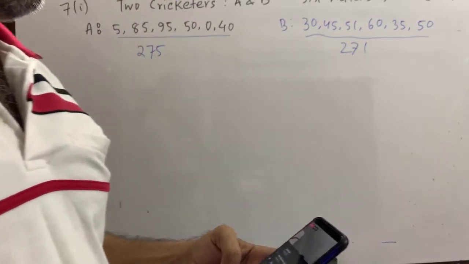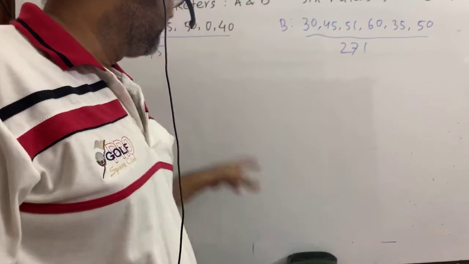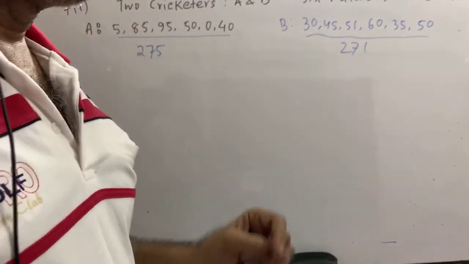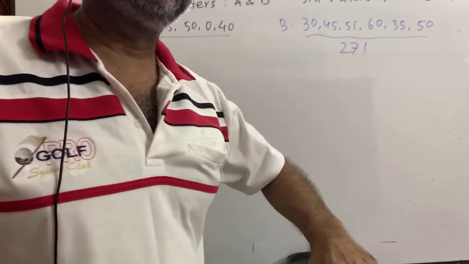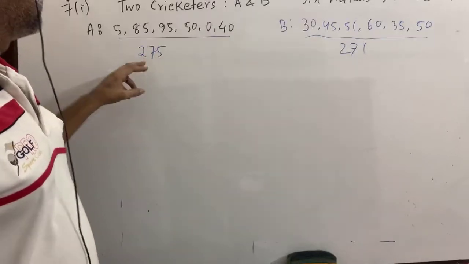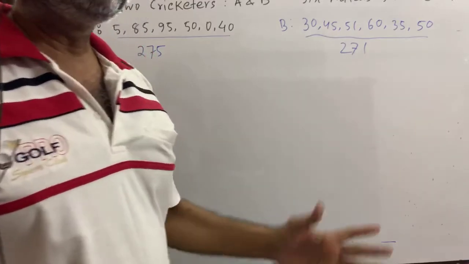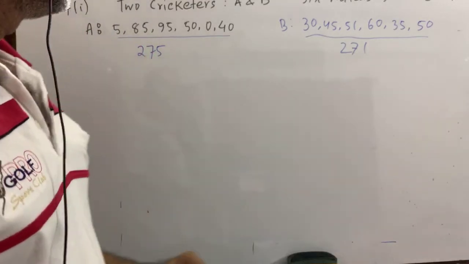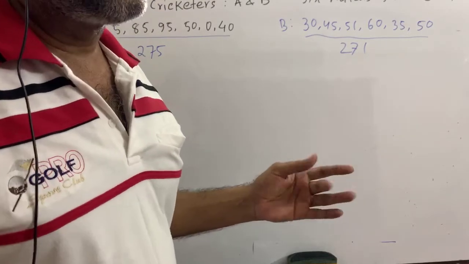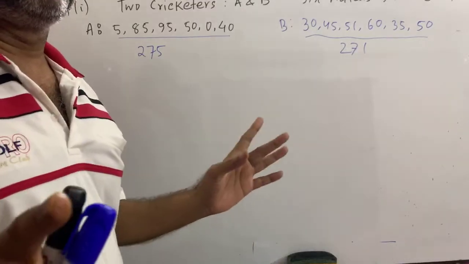Some of you have written A and some of you have written B. Why have you written A and why have others written B? Do you have any explanation? Yes, A has scored more than B, right? So it is obvious that A is to be selected. Yes, A is to be selected, but